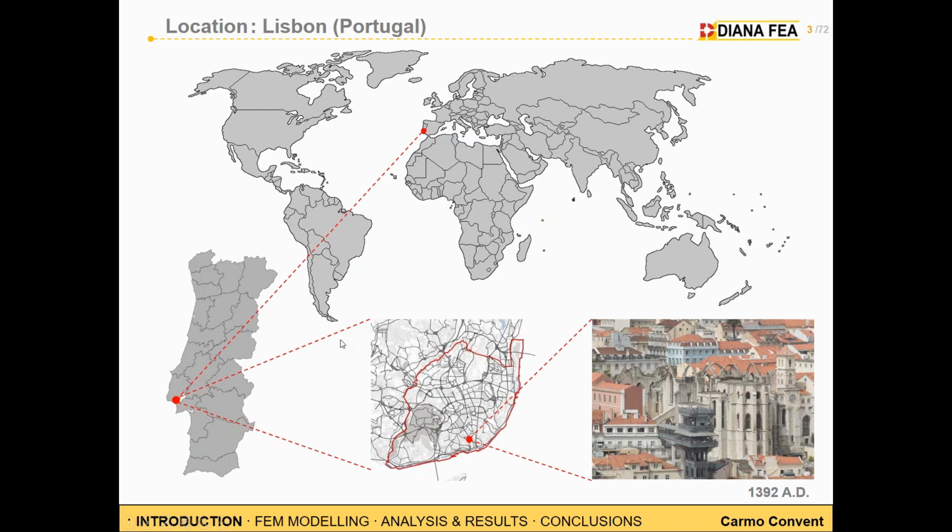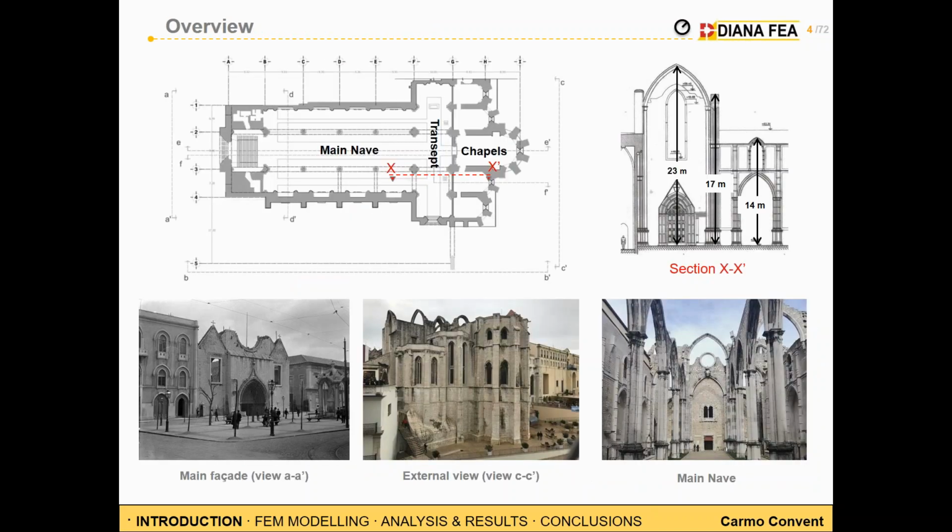The Church of Carmo Convent is located in the center of Lisbon city, and it is one of the most visited attractions of Lisbon. It was built at the end of the 14th century in a Gothic and Neo-Manueline architectural style. As you can see from this picture, the church is very complex. It has 3 naves, 1 transept and 5 chapels. It is just the very traditional Latin cross plan of the Gothic churches, and as you can notice, it doesn't